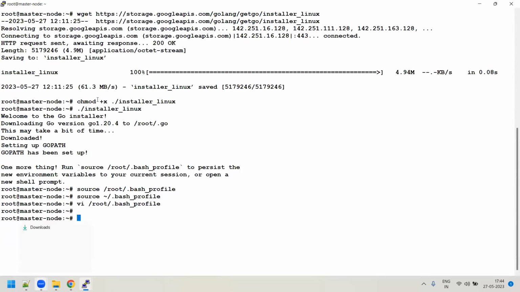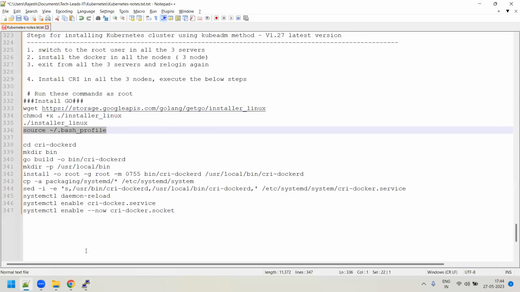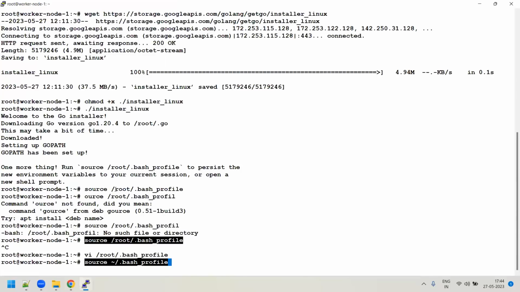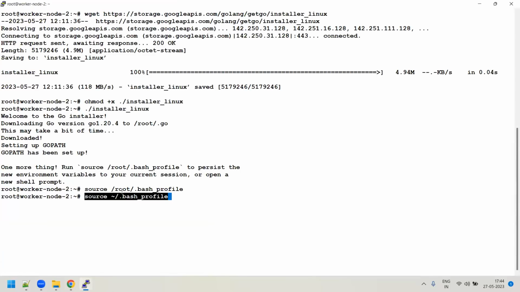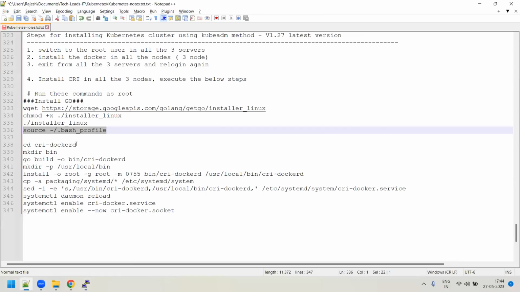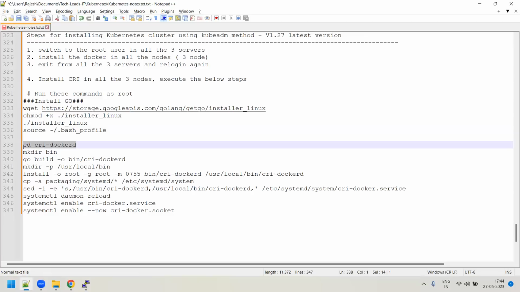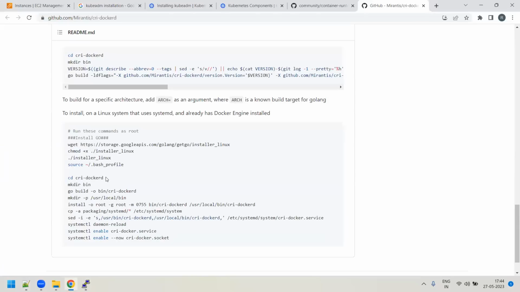So what is the documentation? This one. Okay, go to worker node 2, execute the same thing. Fine. After that, you can go here. You have to do a cd to the cri-dockerd directory. So there's no directory. And if you go to the documentation here, to get this cri-dockerd, here he has